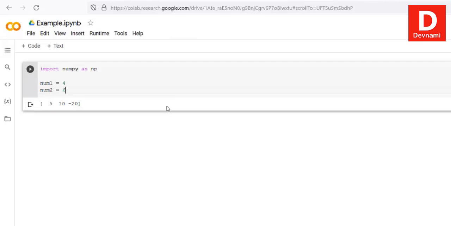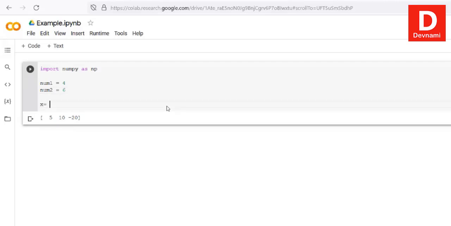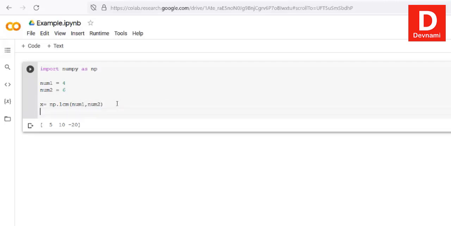Now my value for x equals np.lcm of num1, num2, right? And if I print it out, that would be printing the value of x. If I run this, it should show you the LCM of these two, which is 12,